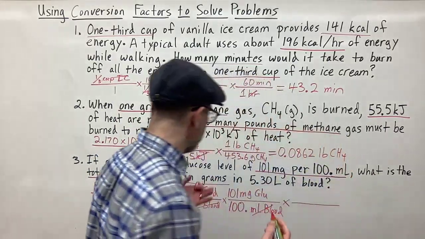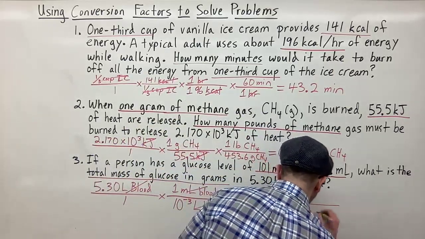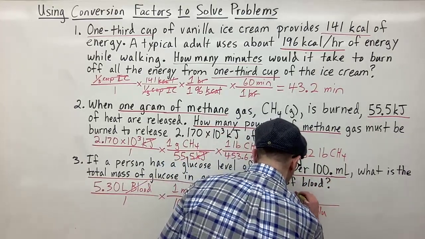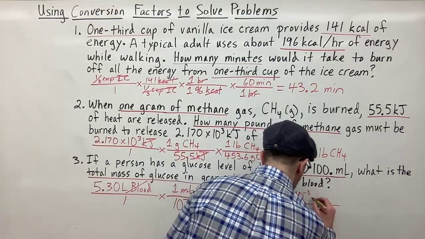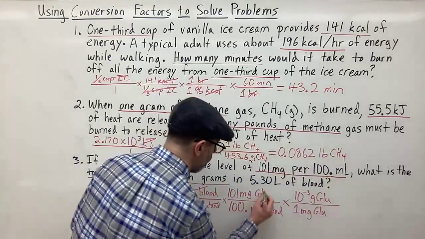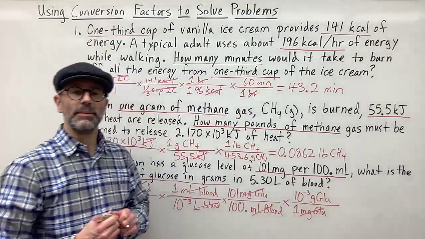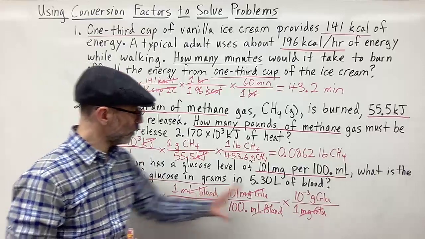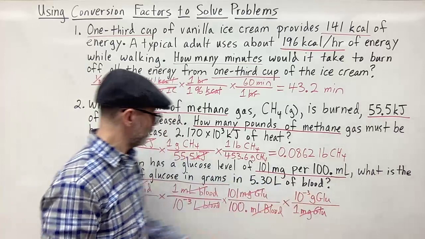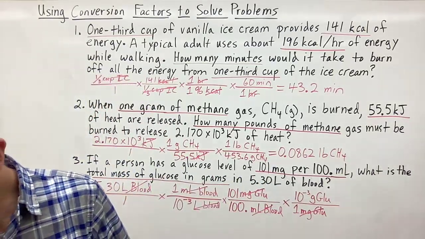So now I'm going to go ahead and put 1 milligram of glucose on the bottom, and that's going to be 10 to the negative 3 grams of glucose on top. So milligrams of glucose cancel out. Now I have grams of glucose. I am done with this conversion factor problem. So now all I need to do is multiply across the top, divide by the bottom, and when I do that, I get